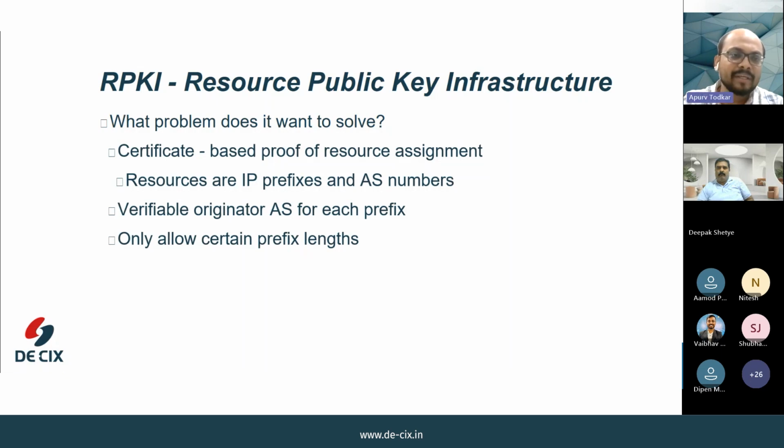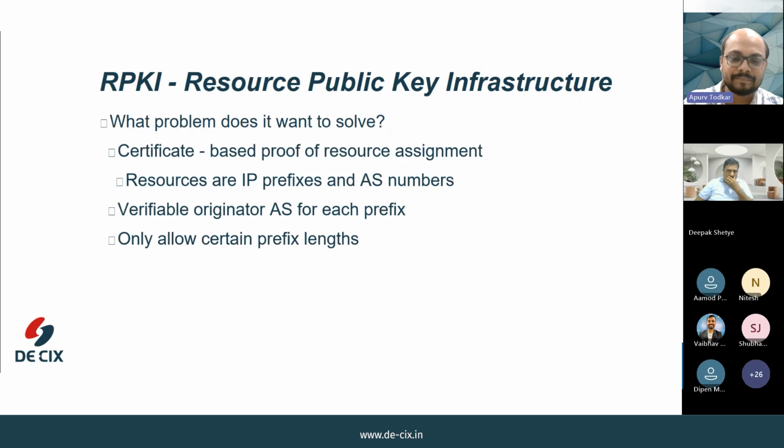So with RPKI, resource ownership is provable. You receive a certificate from your RIR stating that the particular prefix and AS number belongs to you. You can then authorize any specific AS numbers to originate your prefixes, ensuring that there are no unauthorized announcements from other ASNs for your prefixes. This cryptographic verification eliminates any ambiguity or security threats that generally pertain to the reliability of